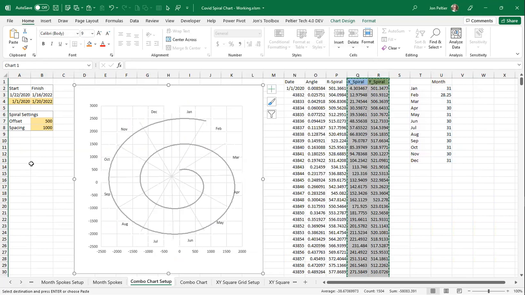It's not perfect yet. It's not done yet. I'm going to add some other things, but I'm going to point out some stuff here. The center of my calendar, my pie chart, is where all these lines come together here. The center of my XY chart is different from that. See where it says 0? That's my horizontal axis. And see where this says 0? That's my vertical axis. They don't align. And what I want to do is make them align. And of course, what I can do is select my axis, come over here, Control-1,